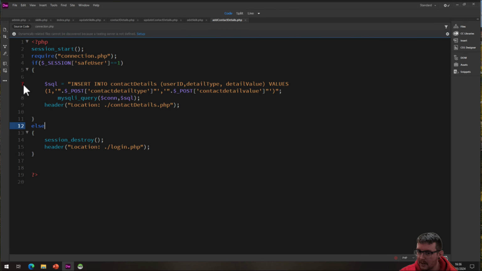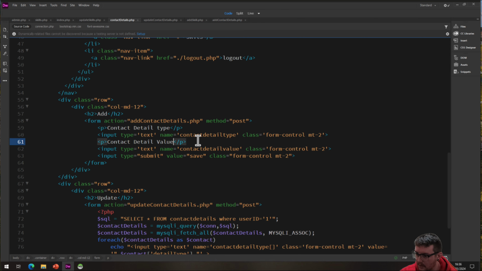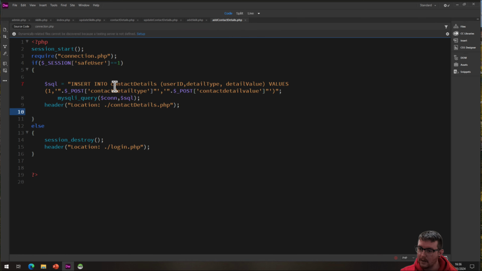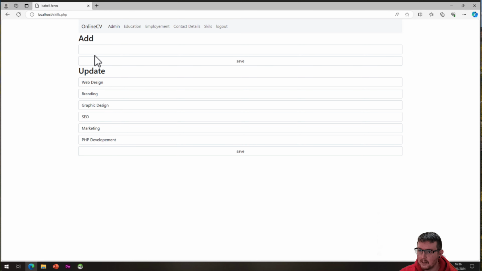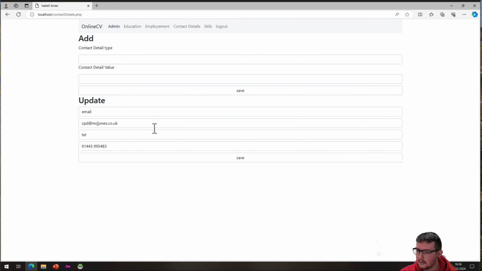Now I've got an error there. It's not happy with something. I know I've got to do my contact details page because, yeah, I did remove the array, that's perfectly fine. So insert into contact details user detail type values. And I've got that there. I forgot a full stop. I was overzealous with my deletion. I got rid of too many full stops,